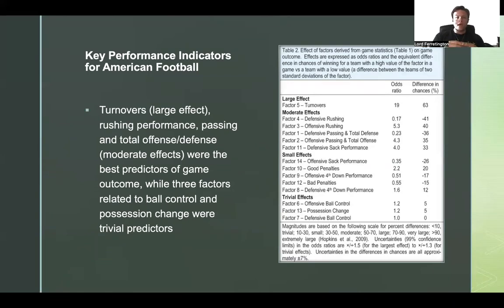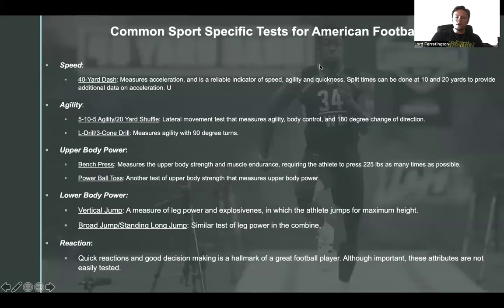A turnover, how much time you have on the run, and your total offensive and defensive plays will indicate a big thing about possession. So if you've got more possession, if you're able to make the other team turn over the ball more and have less time and less possession, you're more likely to win a game in that manner.